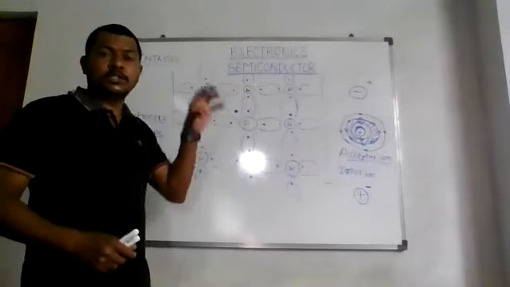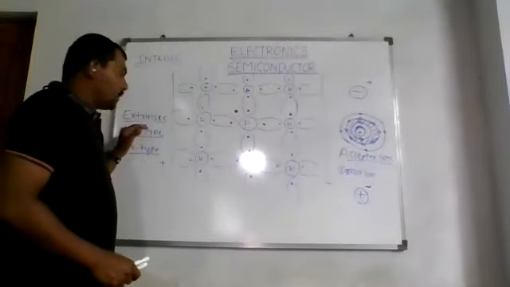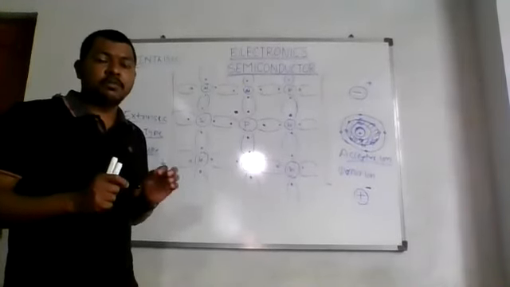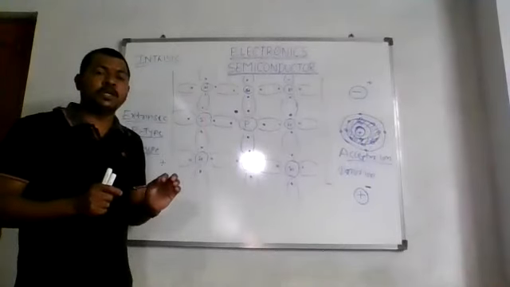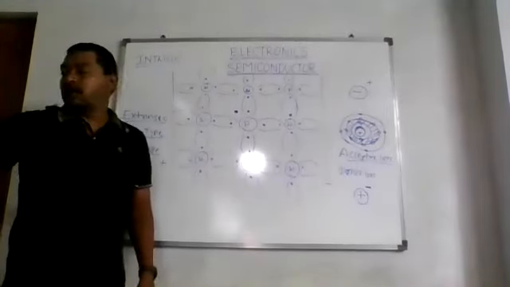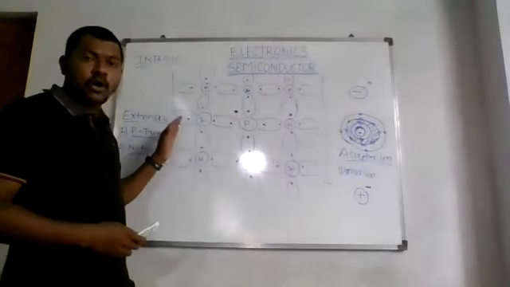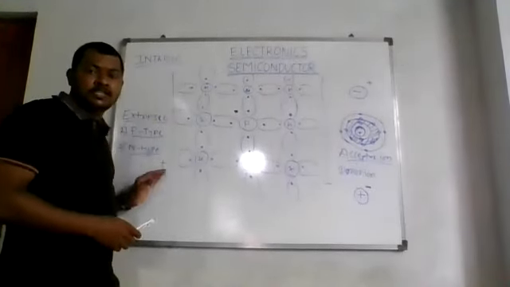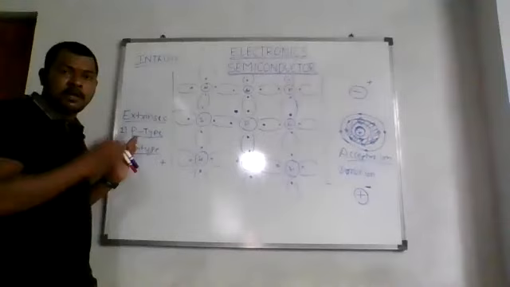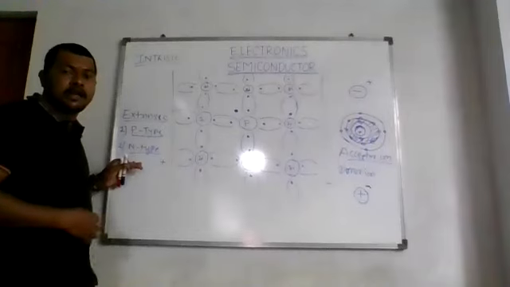So a crystal in its pure form, a semiconductor in its pure form, is called an intrinsic semiconductor, whereas an extrinsic semiconductor is the impure form of a semiconductor. Whenever a certain amount of impurity is added to a pure intrinsic semiconductor, it becomes an extrinsic semiconductor, right? So this was the definition of intrinsic and extrinsic semiconductor. And we have two types of extrinsic semiconductor, which I told you yesterday: P-type semiconductor and N-type semiconductor.